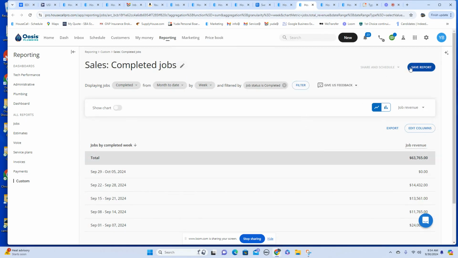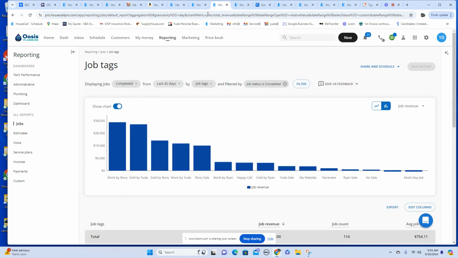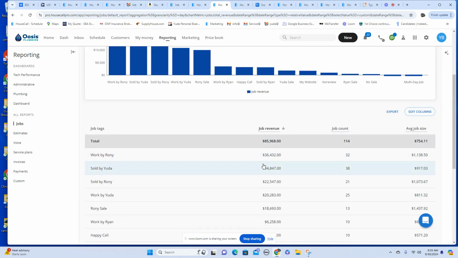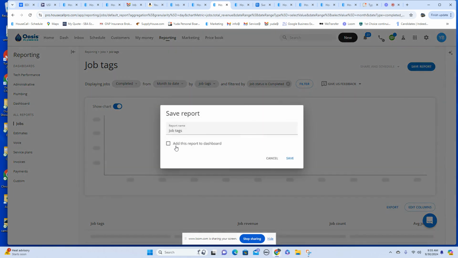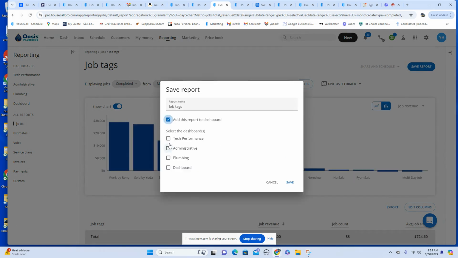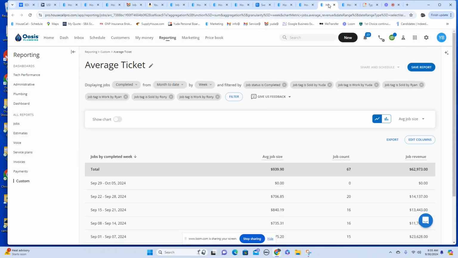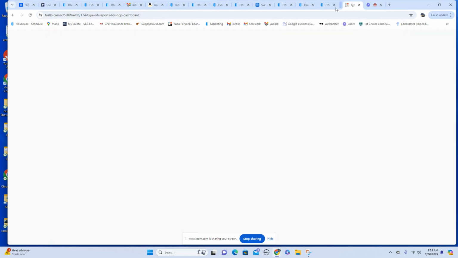You can save it, and when you save it, let me see if I can make one for you so you can see what it looks like. Okay, so we're going to save report, add this report to a dashboard, and you select which dashboard you want it to. You change the name, and that's the end of it. Okay. So we got all of these listed,